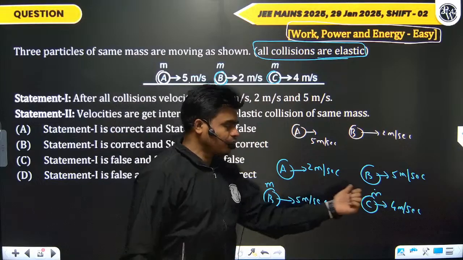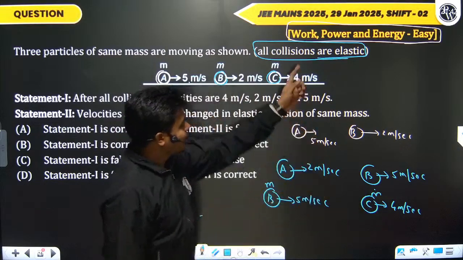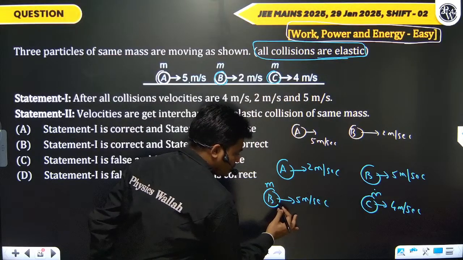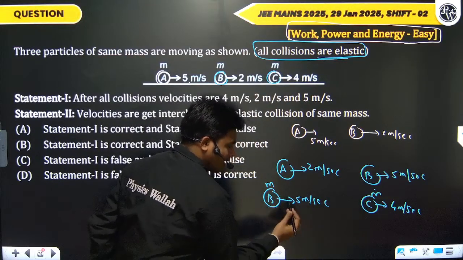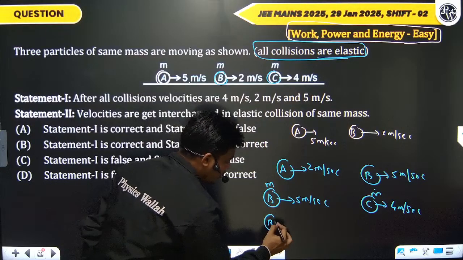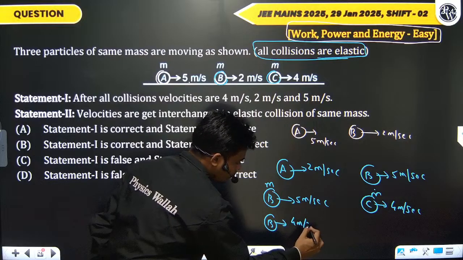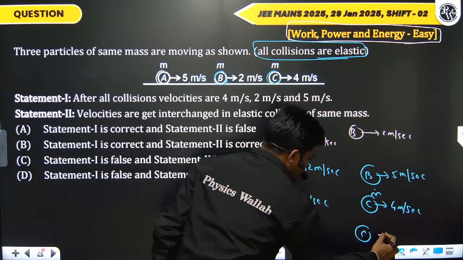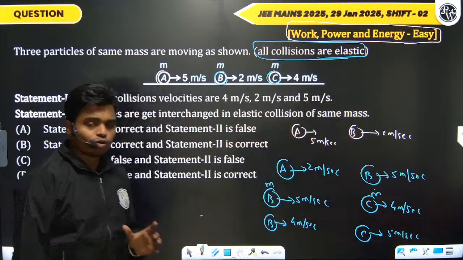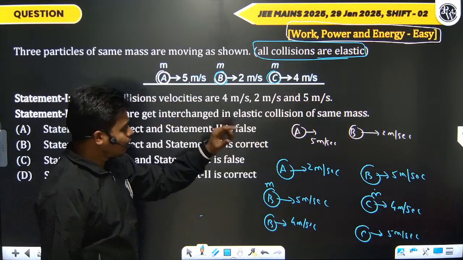So B is going to collide with C, mass is same, collision is elastic, so velocity will get interchanged. So C will get the velocity of B and B will get the velocity of C. Direction will also be same over here. So finally B will acquire the velocity of 4 meter per second and C will acquire the velocity of 5 meter per second. So once the collision has happened between A and B, just now we saw A has got